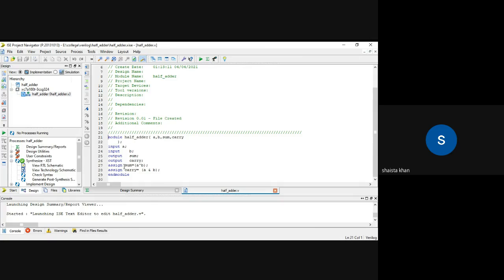Now assign. See, when you write in VHDL, you will not write assign, but when you are writing in Verilog, you will write assign. Assign means this value will be assigned to sum. That is the meaning of this assign operator. So sum is equal to